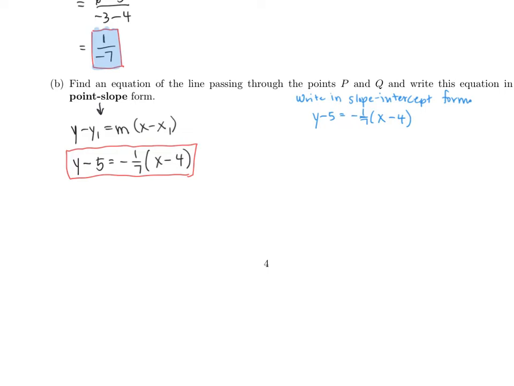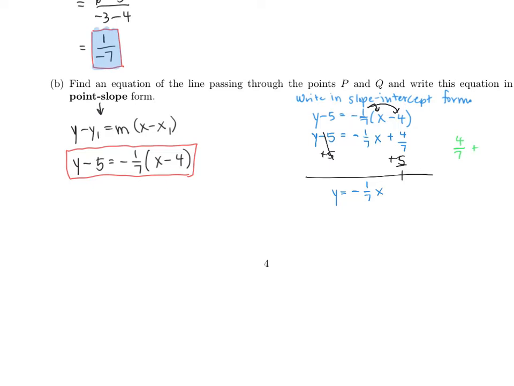You would distribute the negative 1/7. So you would have y minus 5 is equal to negative 1/7 x, and then negative times a negative is a positive 4/7. And then you would have to get the y by itself, so you'd add 5. So you would get y equals negative 1/7 x, you've got 4/7